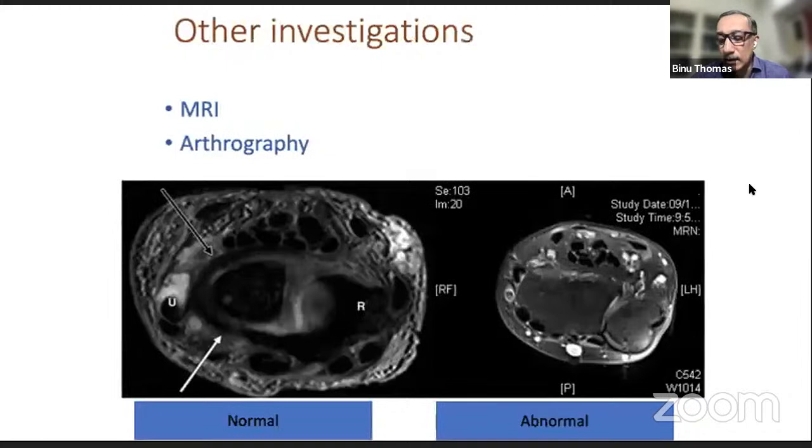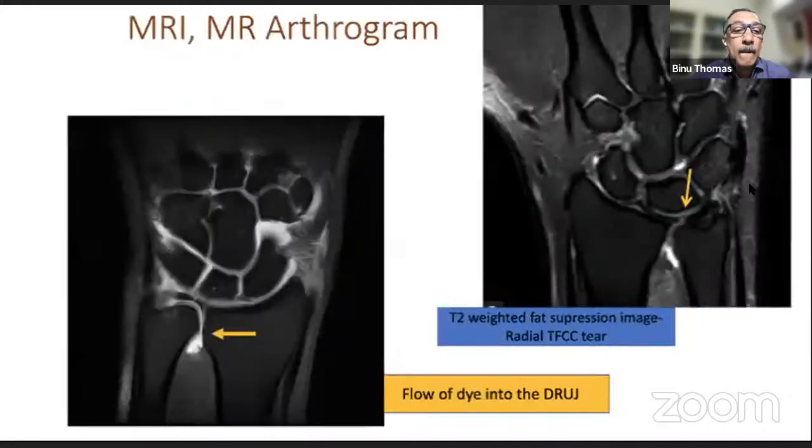Other investigations: now everybody does MRIs. A 3 Tesla MRI gives an excellent look at the joint, and you can see that even the avulsion of the radial TFCC tear is very commonly seen here, where the yellow arrow is pointing. You can also do an MR arthrogram, which we don't commonly do, but if there is any passage of the dye from the radiocarpal to the distal radioulnar joint,